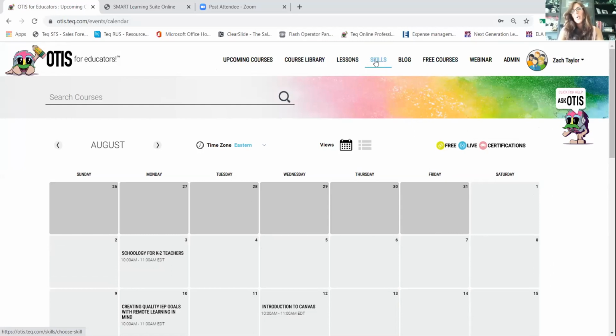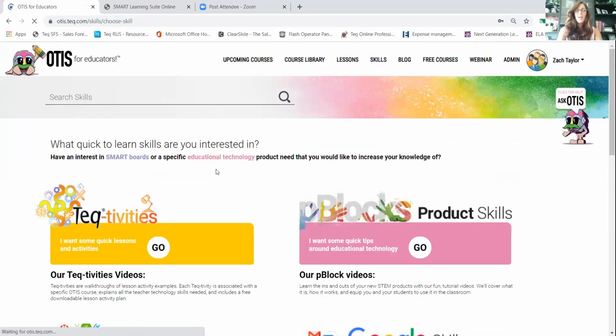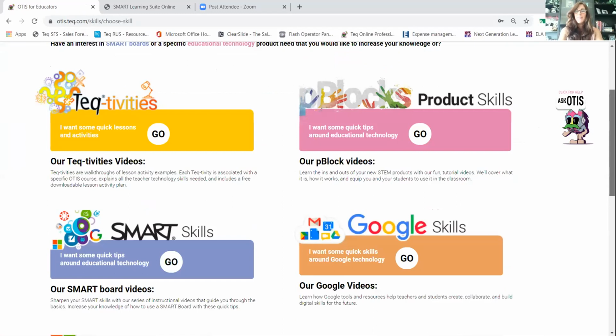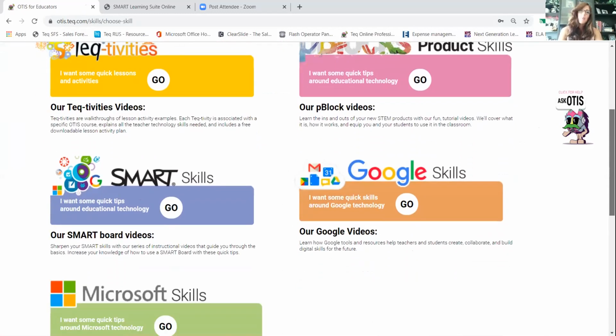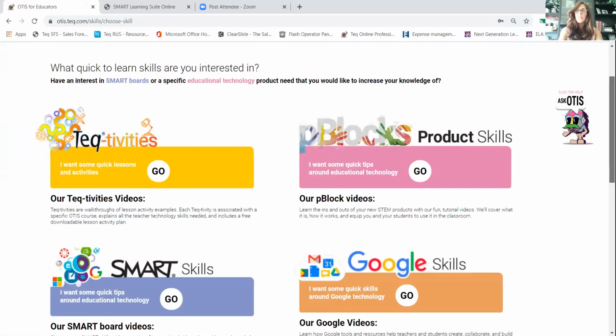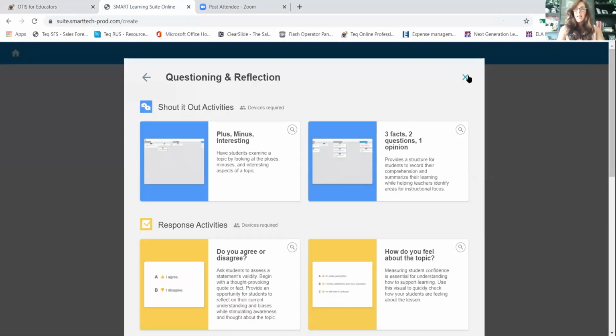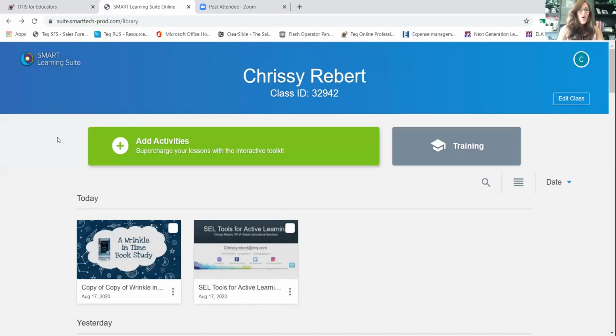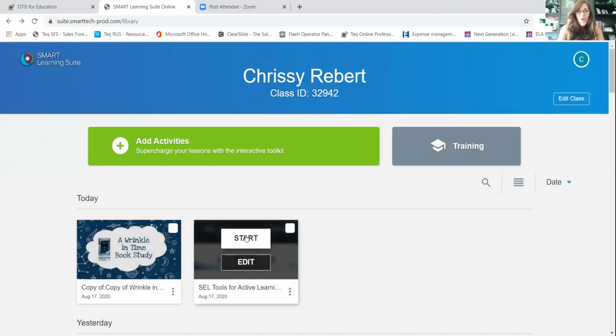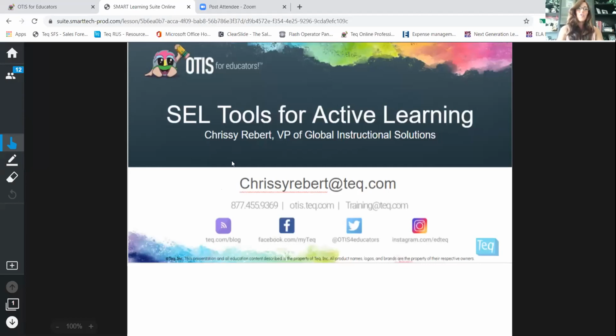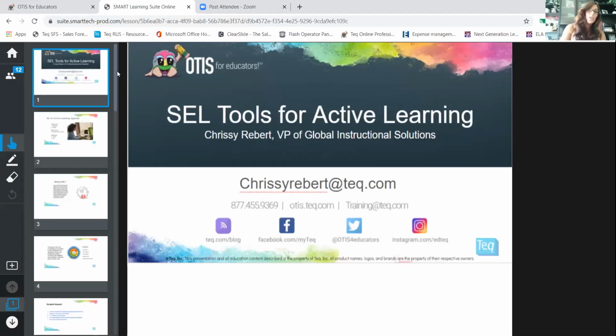You can also go in and learn about our different skills and our Techtivities. So different activities that have videos to complement them. So there are lots of different ways to support what you saw today. Otis has all of those courses, lessons, activities, and additional resources that will support you implementing